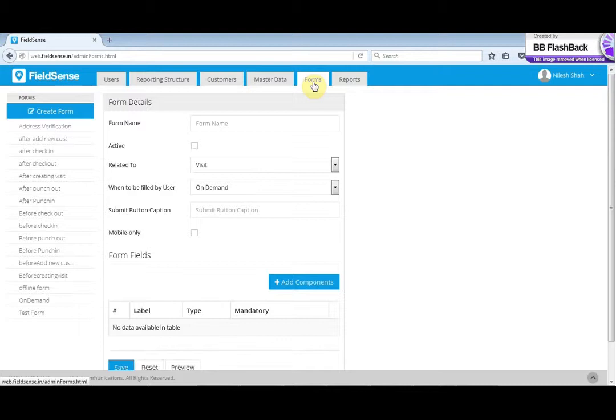Suppose, let's take an example where you require a form in FieldSense where your field executive is finishing a visit and wants to fill in customer verification details. So here you can create a form which will be very easy and useful to collect all the required data. So let's start with the form. I will fill up the form name. First I will give the form name, such as address